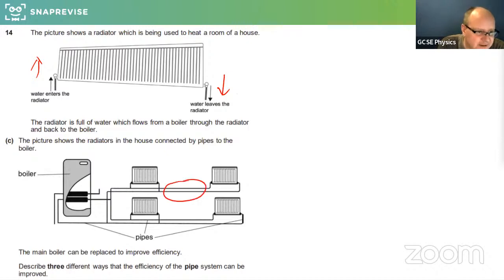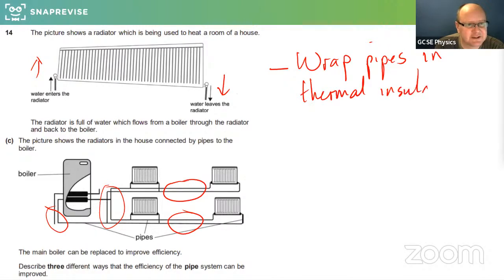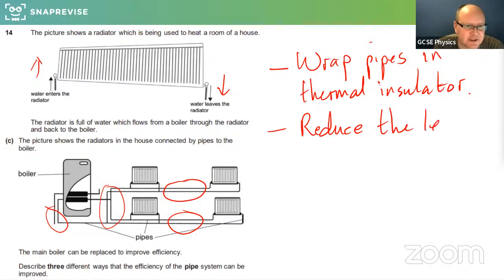So we've got all these pipes in this boiler system. What 3 ways could we improve the efficiency of the pipes in this boiler? Well, much like a tank of hot water, we could wrap the pipes in thermal insulating material. I'm just going to say wrap them in thermal insulator. We could reduce the length of the pipes as much as possible, according to the dimensions of our house, of course, but we could reduce the length of the pipes,